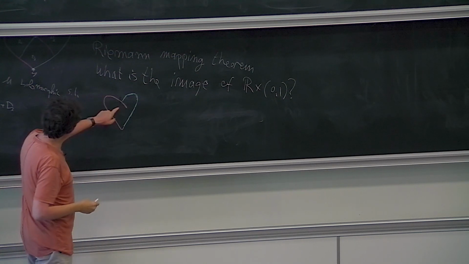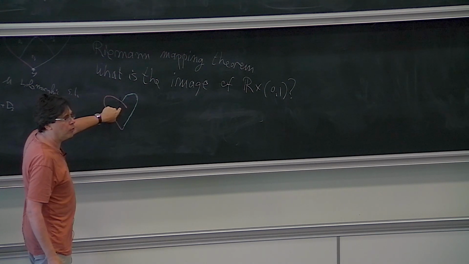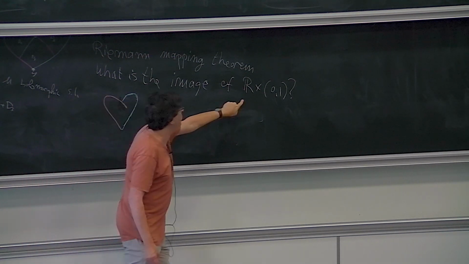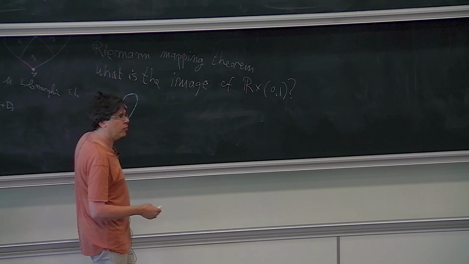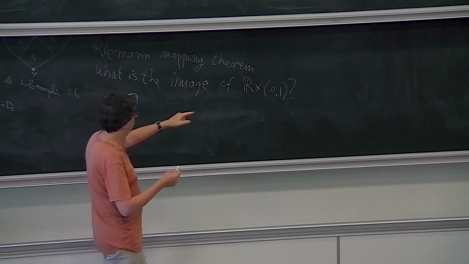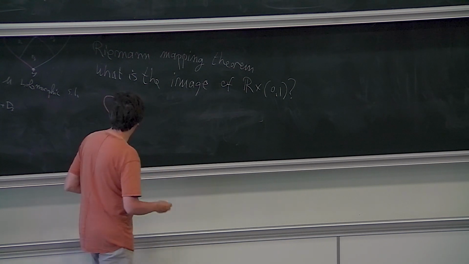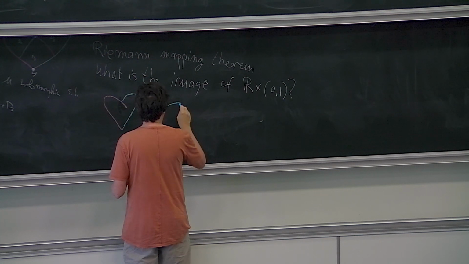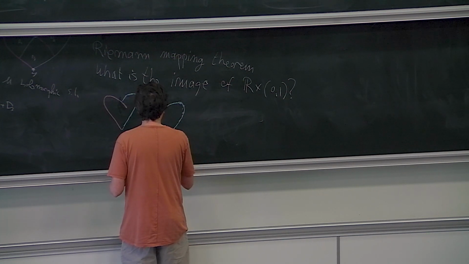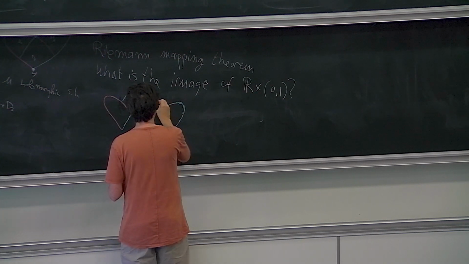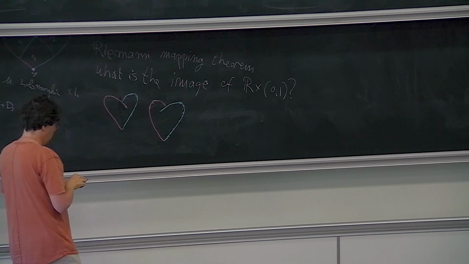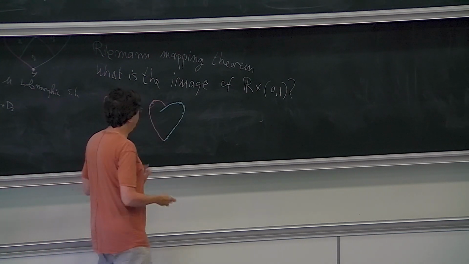So the point is, the interior of this is still topologically a disk. So for any length of this segment, there is a map from the interior of the strip to the interior of that. And that map will extend to a map to the closed strip. So we'll extend to the boundary. But also, on the other side, we can do the same thing. Which means that we have